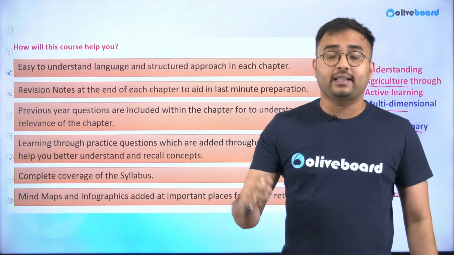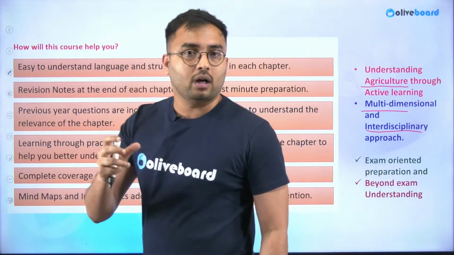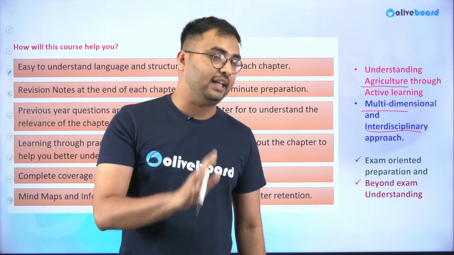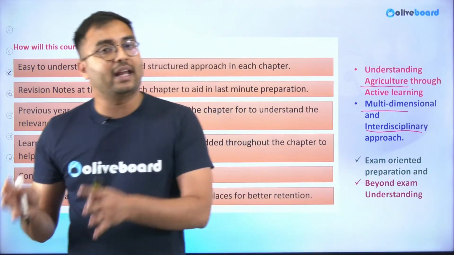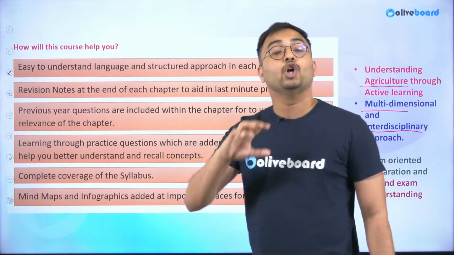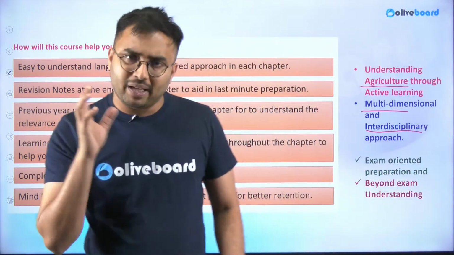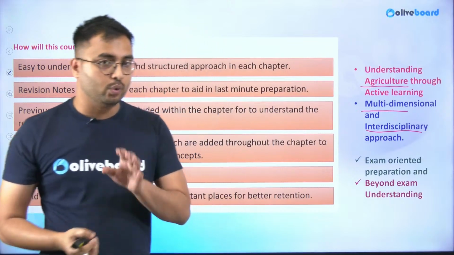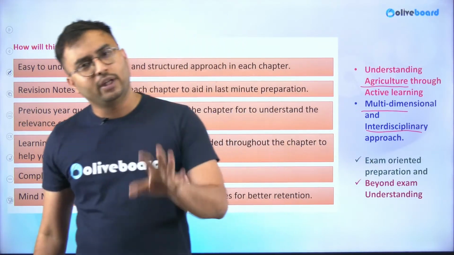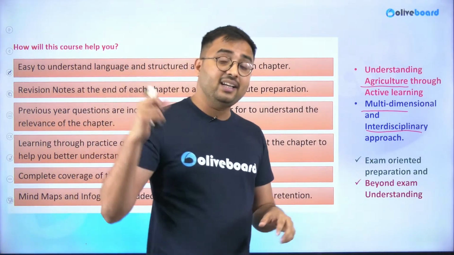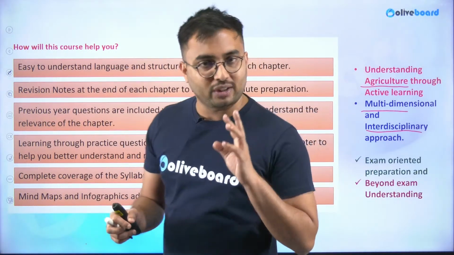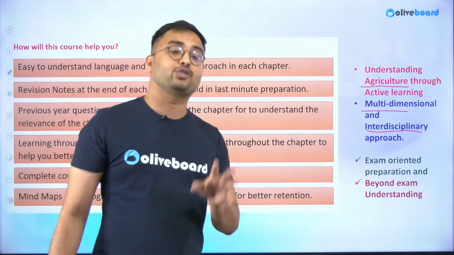See, I'm not saying that ESI is a subject which is very difficult and you should not do it. No, the strategy should be equal, to do ESI also and to do ARD also. But a wise aspirant will do it in such a way that ARD seems to be a very doable subject compared to ESI. Many RBI Grade B students will also know that the ESI subject is very dynamic and current affairs oriented. You can do it on a daily basis. But ARD is such a subject where if in the last 2 to 3 months you are giving 2 hours daily, this subject can do wonders for you.